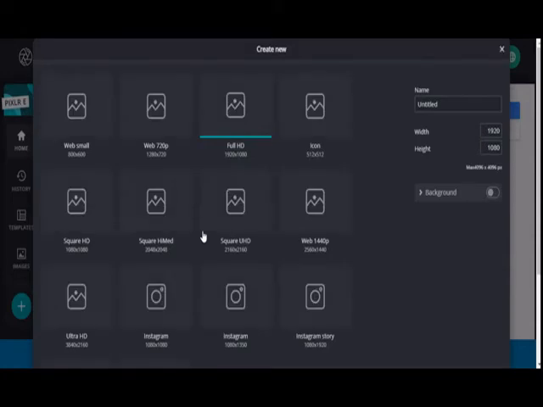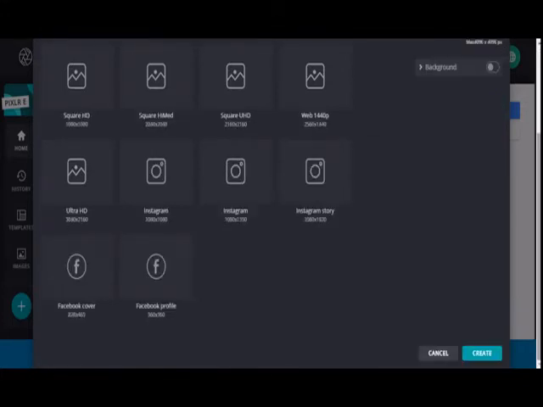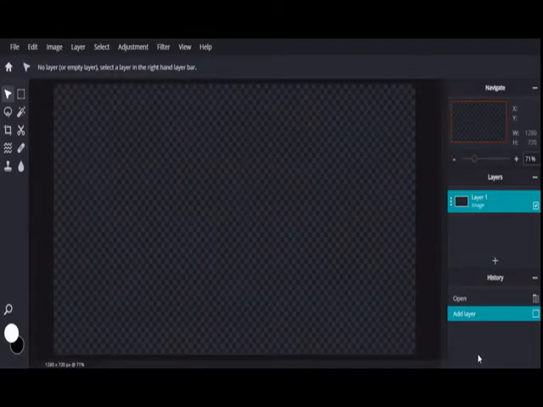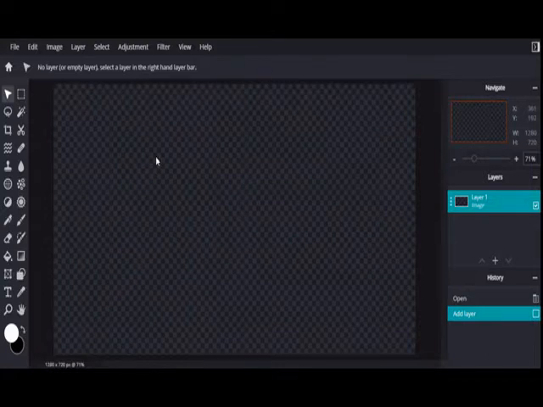Now I will be creating a new template, and it's up to you which one you want to select. Template dimensions are given. I have selected 1280 by 720, and now I am naming that template. Its width and height are already mentioned. You can change them if you want to. So I have named it, and now I will create it.